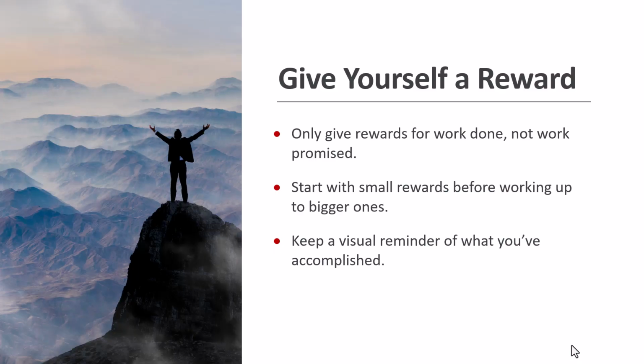Give yourself a reward. Rewards are a great way to keep ourselves motivated. After all, who doesn't want to earn a little treat after a job well done? The key is to only reward the good behavior, such as finishing a small task or completing a whole project. If we jump to the reward too soon, we are only rewarding our negative behavior and are not helping to